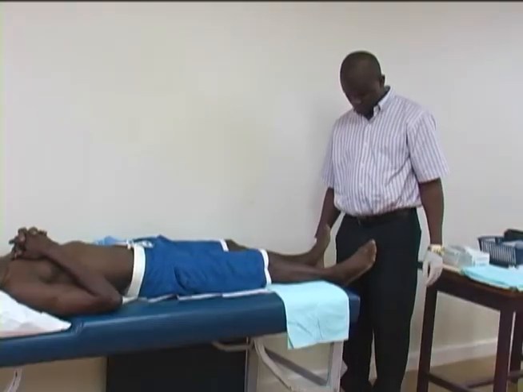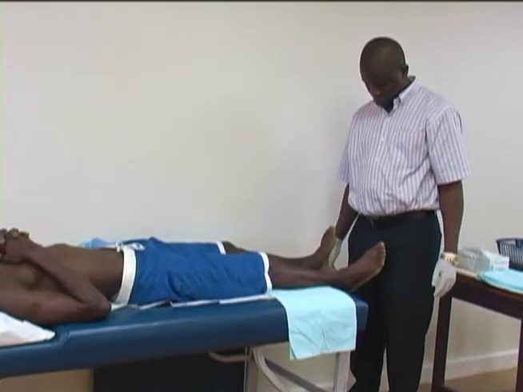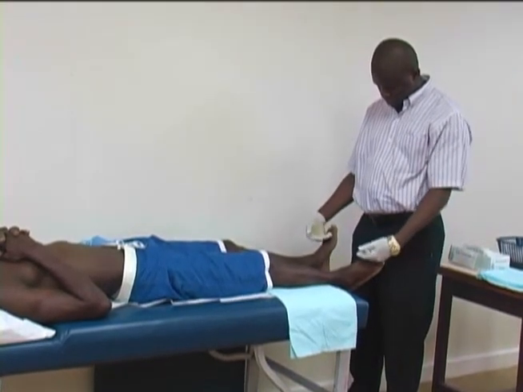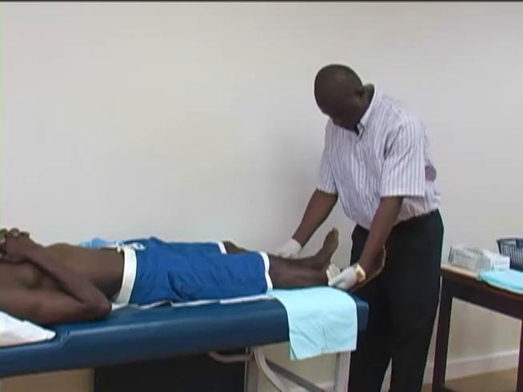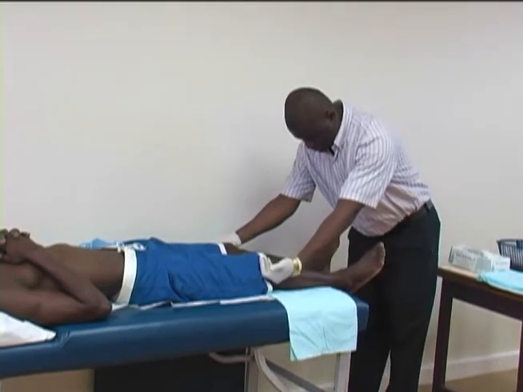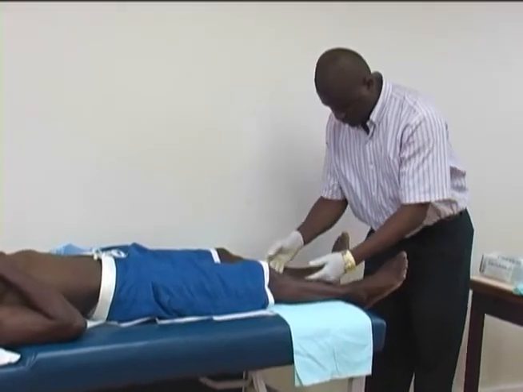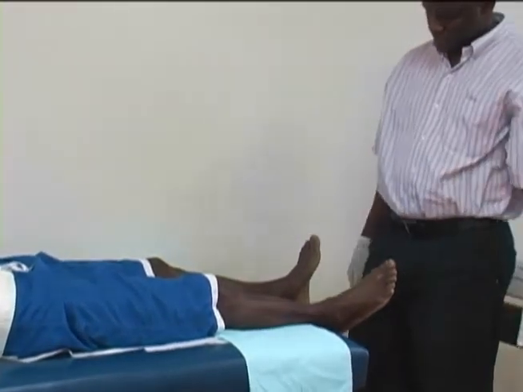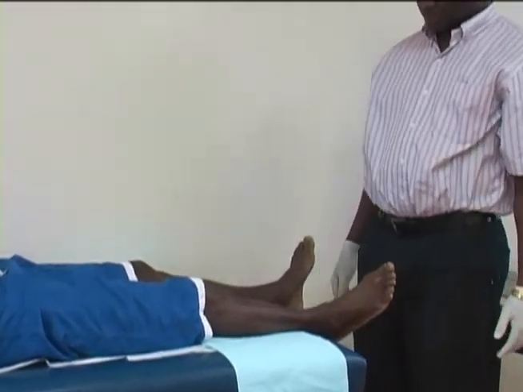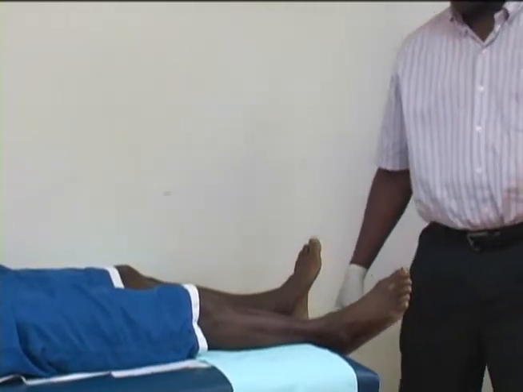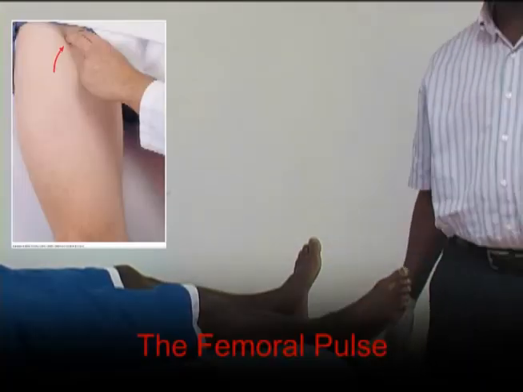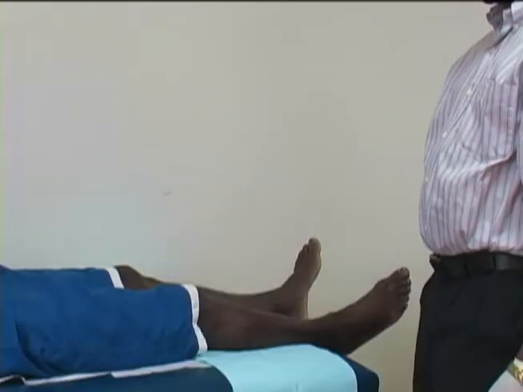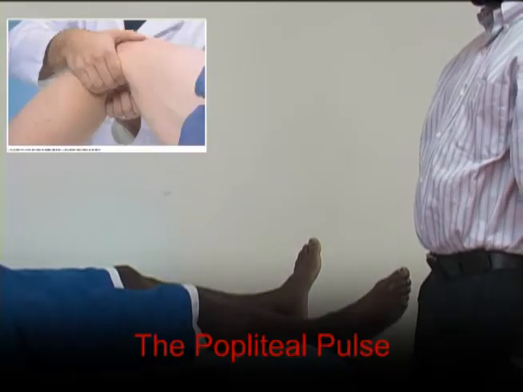Palpation of the lower extremity first starts with palpation of temperature, just like we did before in the upper extremities. And we will also check the pulses of the lower extremities, which will be as follows. The femoral, which has been mentioned before and will not be demonstrated in this lab. The popliteal pulse,